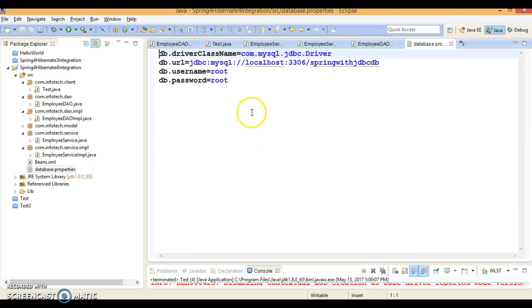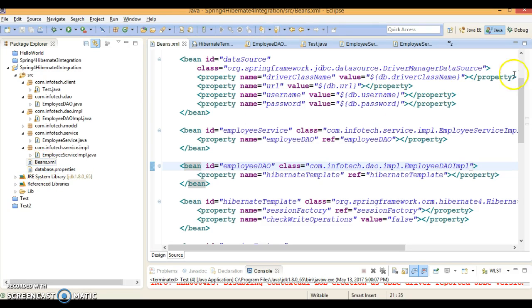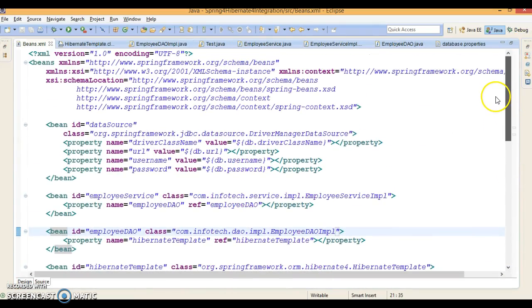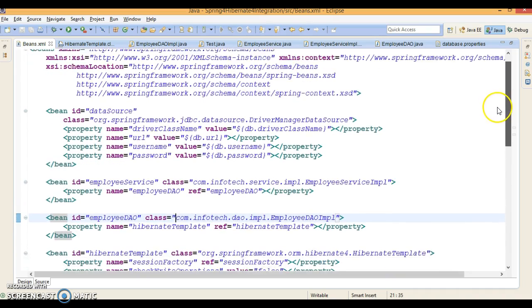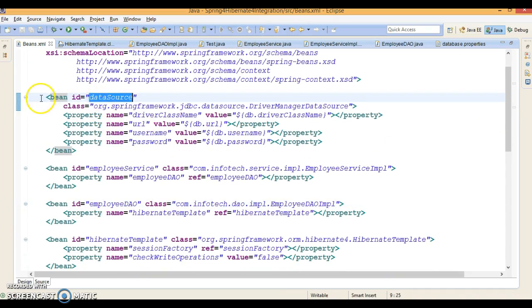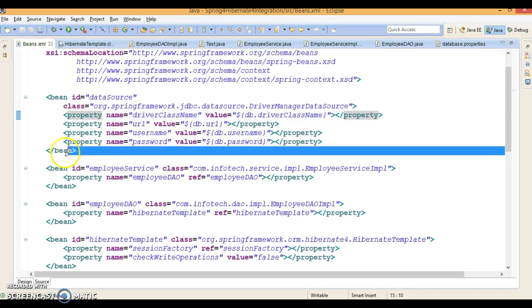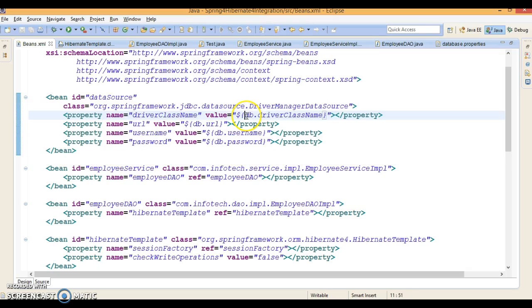And this is my property file where I have listed all the database properties with key value pairs. And finally we have a beans.xml, there I have configured all my Spring beans. In the beginning I have configured the data source, which asks you to supply values for driver class, database URL, username, password, and these things we are just retrieving from the properties file using its key.